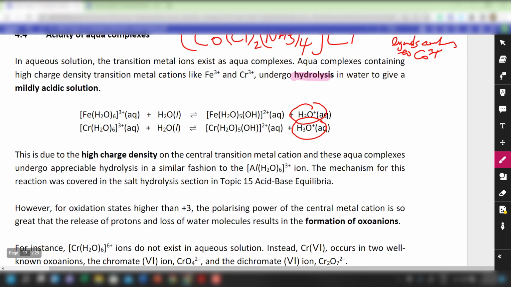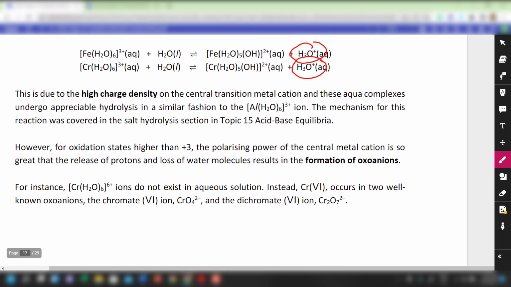Yeah, so if you don't believe, copper 2 is actually a little bit acidic. In all honesty, just a little bit acidic. You can use a litmus to verify that. Okay, yeah. Next,